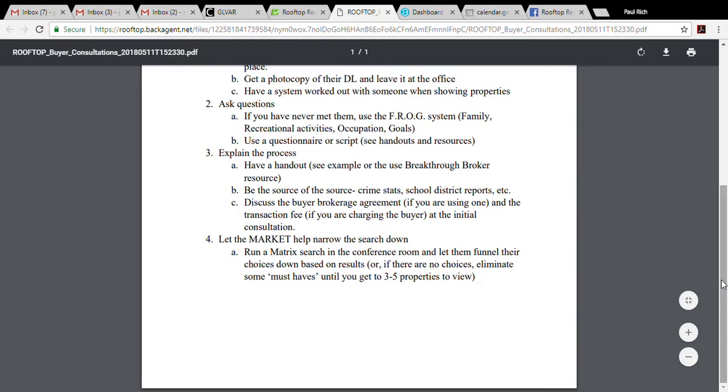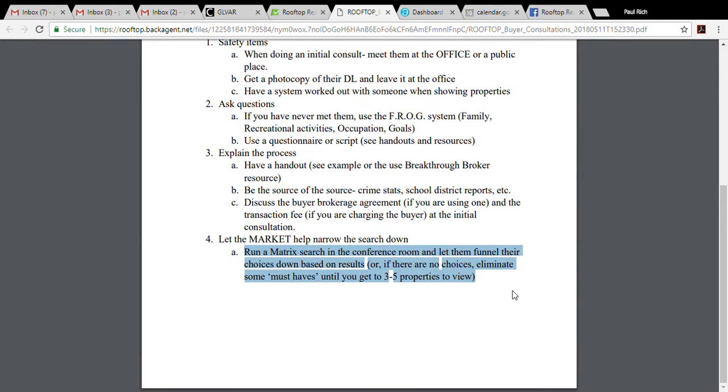And then number 4, I always tell people this is the carrot that you're dangling in front of them. This is the opportunity to start to really dial into the search. So let the market help you with that. So you would then, after you've asked all the questions, you've filled out the questionnaire, you know what it is that they're looking for, you're going to run a matrix search, okay,